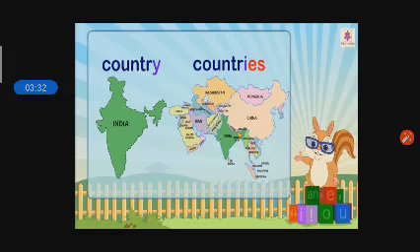In singular form, the spelling is COUNTRY. Before Y, there is a consonant R. R is a consonant. Okay. So, we have to drop this Y. We have to remove this Y to make plural noun. How will you drop and how will you add? See in the answer,